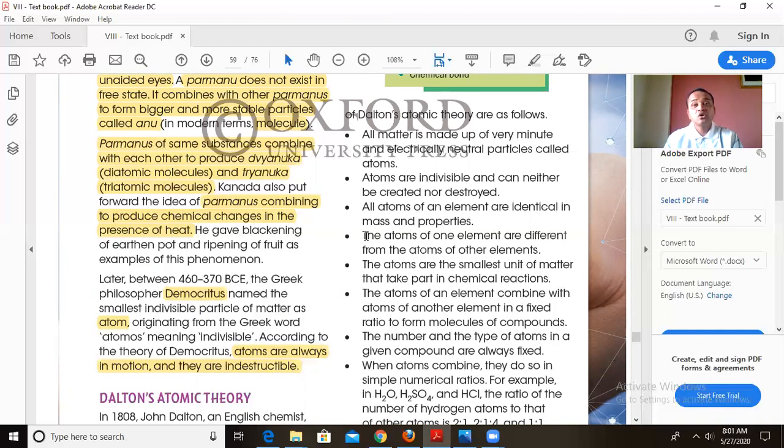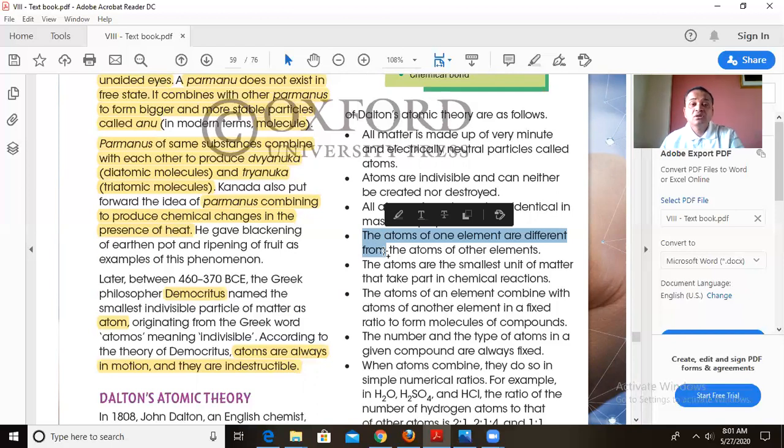All atoms of the same element are identical with respect to their mass and properties. Suppose I take the atoms of sodium, all of them are identical with respect to their mass and properties. That means they will have the same mass and the same chemical properties if they belong to the same element. Now, the atoms of one element are different from the atoms of another element. Obviously, the atoms of hydrogen will be different from the atoms of oxygen with respect to their properties,